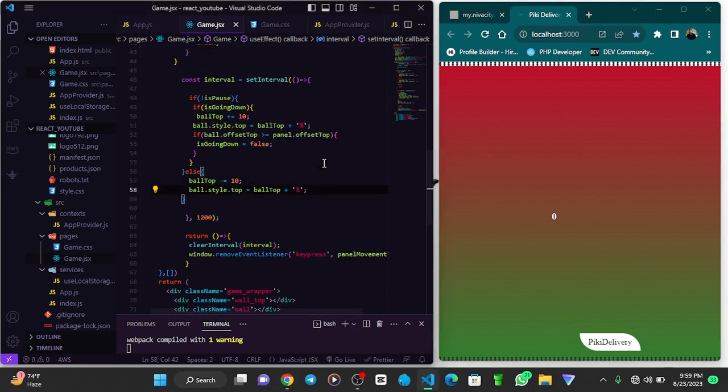So let's test this one out. If the ball offset top is greater than or equal to panel, how about, so we have, yeah, this is the panel, set it false, this one to minus. Okay,